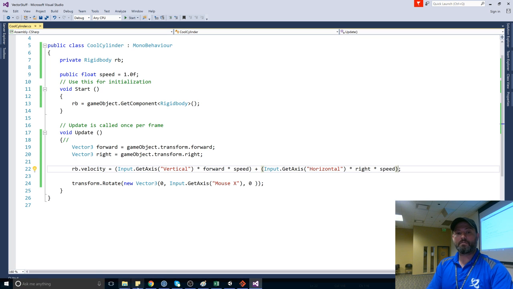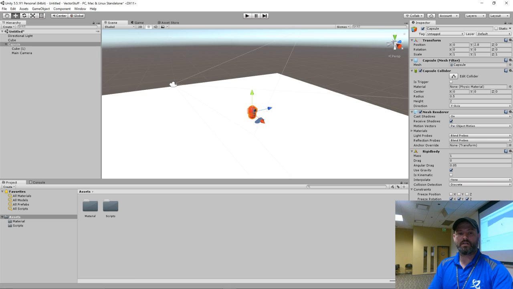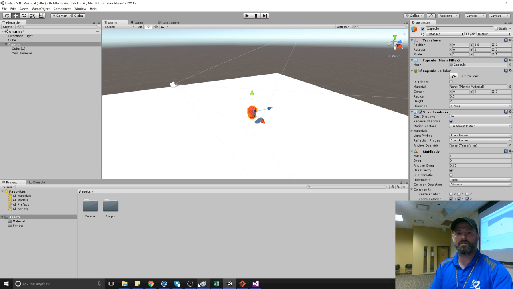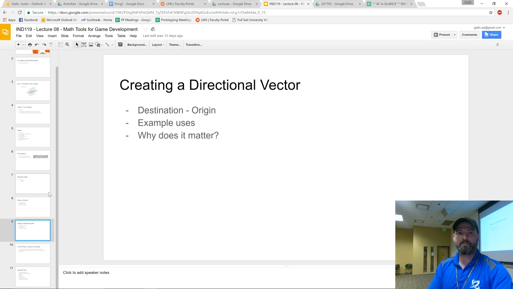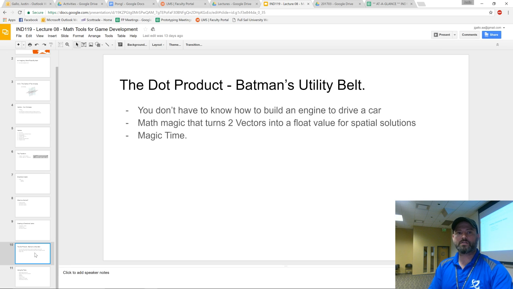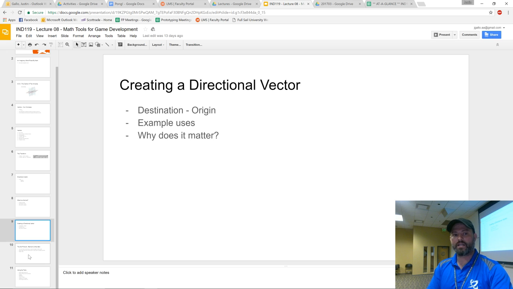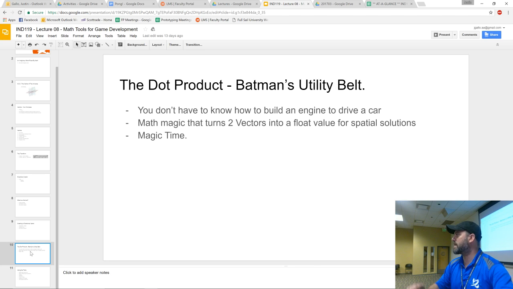So if I put another object in the world, and if we go back to the lecture where this started, creating directional vectors and why it matters. I'm going to talk about creating these vectors, not using them. I did vector usage for movement. All right? Rotating and translating my character and moving him around, all done with vectors.